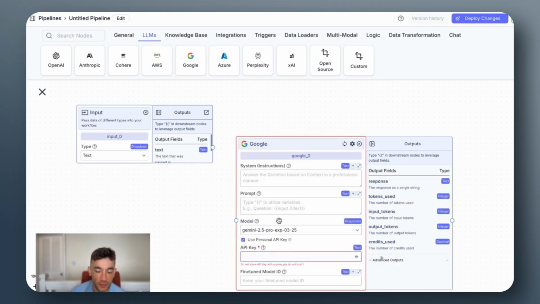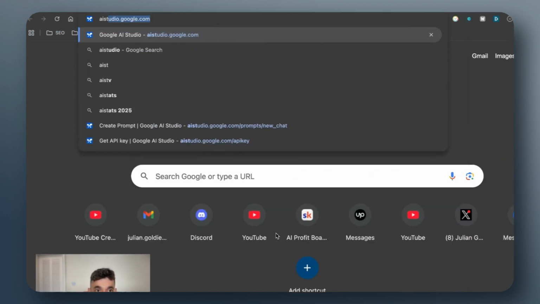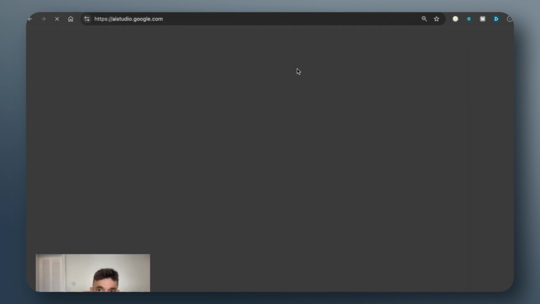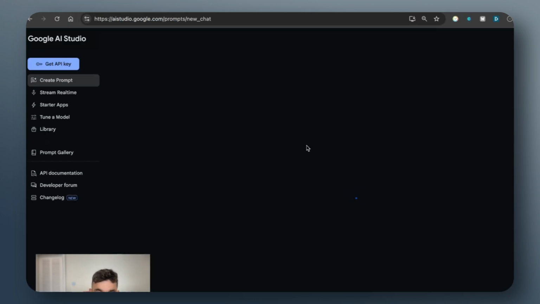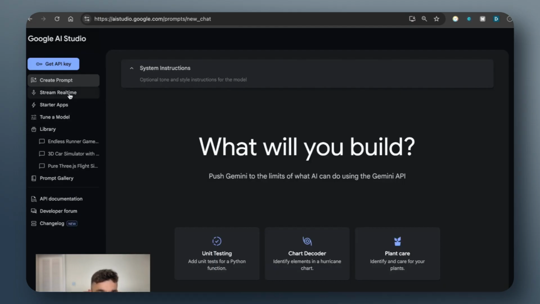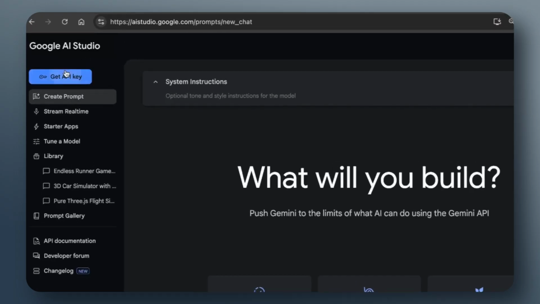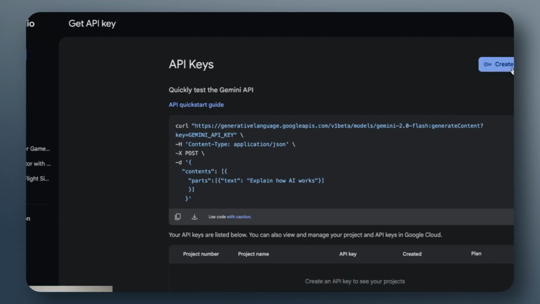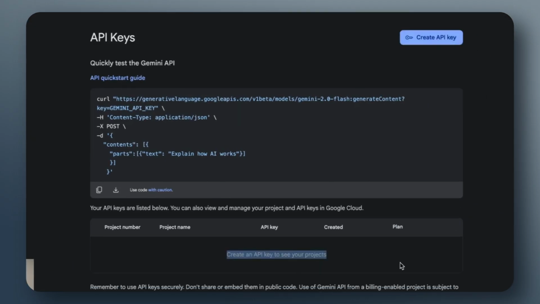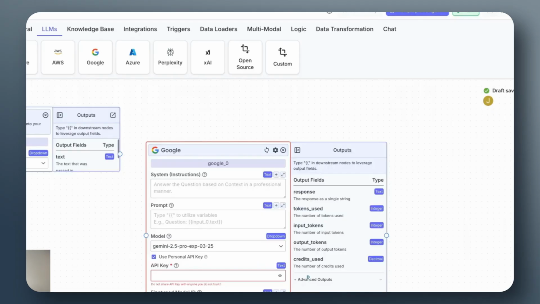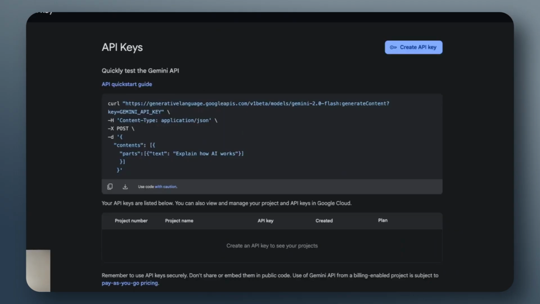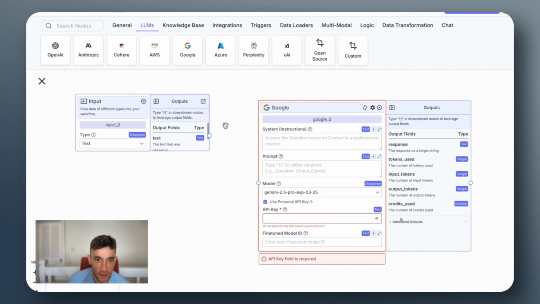Now, what you can also do if you want to bypass the limits is you can go to aistudio.google.com and using AI Studio, we can start grabbing an API key, which again is completely free. Create an API key here, and you'll get better limits if you plug that directly into Vector Shift. All right, so you can do it that way, but we're just going to stick with the defaults for now, just to